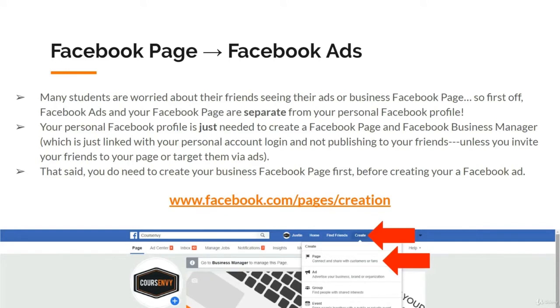Many students are worried about their friends seeing their ads or business Facebook page. So first off, Facebook ads and your Facebook page are separate from your personal Facebook profile. Your personal Facebook profile is just needed to create a Facebook page and this Facebook Business Manager, which is just linked with your personal account login information and not publishing to your friends. Unless, of course, you invite your friends to your business page or target them via Facebook ads. That said, you do need to create your business Facebook page first before creating a Facebook ad. You can do this directly at